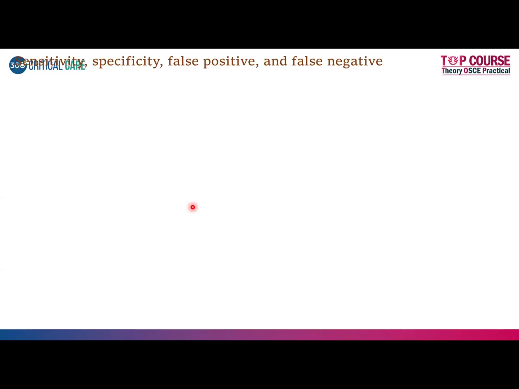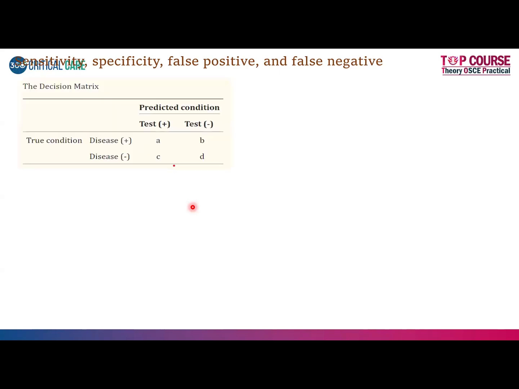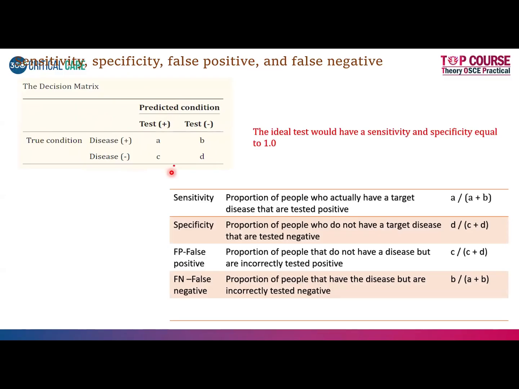Before we jump directly into the ROC curve, one needs to understand the basics of how the ROC curve is formed. And that starts with sensitivity, specificity, the false positive, and the false negative. So we go with the decision matrix. You have the disease positive state, the disease negative state, then you have the predicted condition with positive and negative state, A, B, C, D, and you have the formulas. Sensitivity is the number of true positives, specificity is the number of people who do not have the disease who are tested negative, false positives do not have the disease but are incorrectly tested positive, false negative have the disease but are